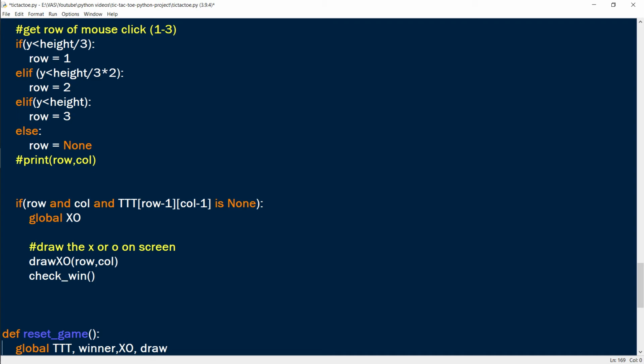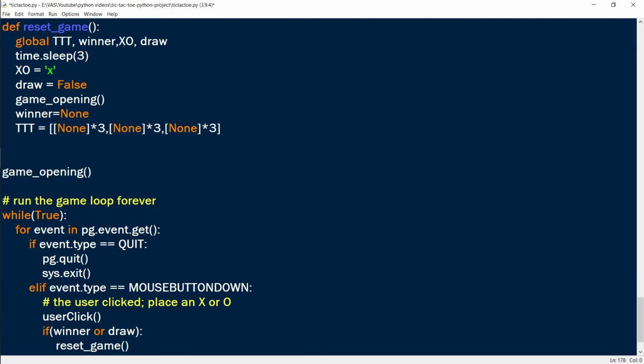Now the last part is to run the tic-tac-toe game forever. To start the game, we call the game_opening function. Then we run an infinite loop and continuously check for any event made by the user. If the user presses the mouse button, the mouse button down event will be captured, and then it will trigger the user_click function.